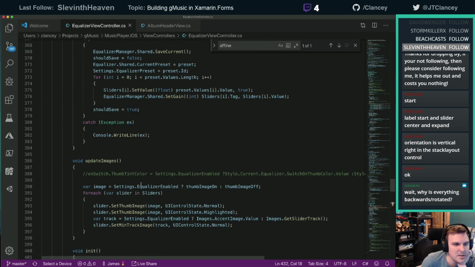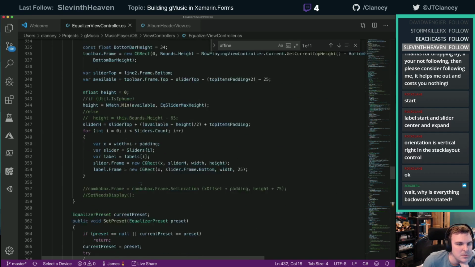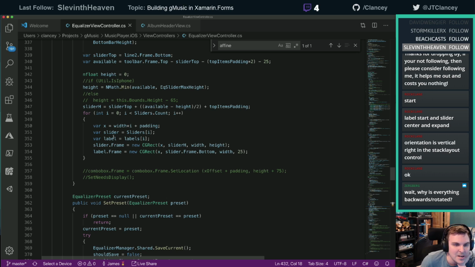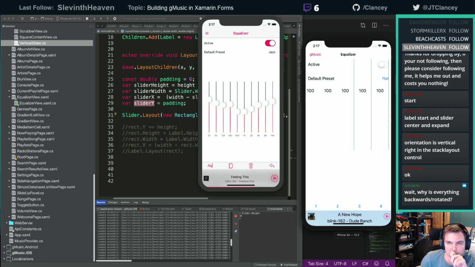Create slider, layout. All right, so in each slider, I'm still able to just set them right. I don't have to switch them. And iOS flips them for me. Forms does not do that for me, I'm seeing.